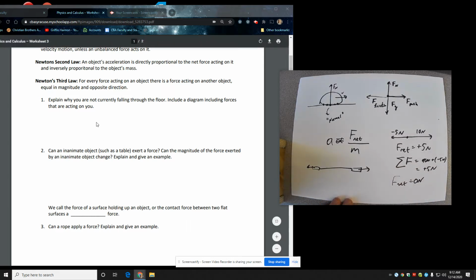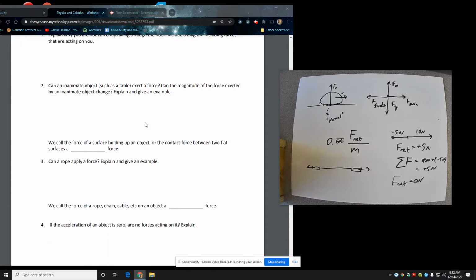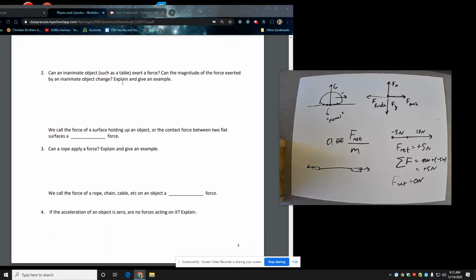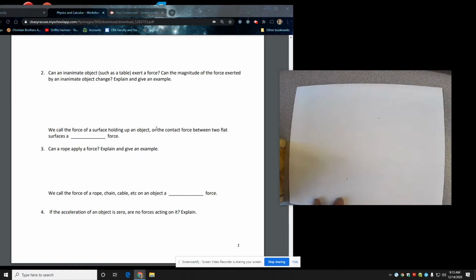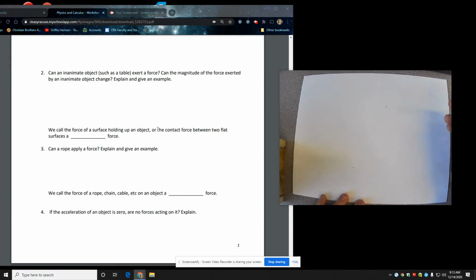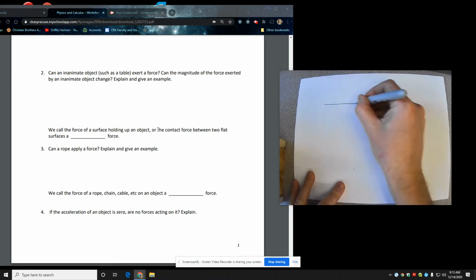So this problem here: why you are not falling through the floor. Okay, there's the ground holding you up, the chair holding you up. Can an inanimate object such as a table exert a force? Can the magnitude of force exerted by an inanimate object change? Explain and give an example. Well, of course, a table can apply a force, and it can change because you can apply a greater force to it. Now, in class, we talked about this, but for full remote students,